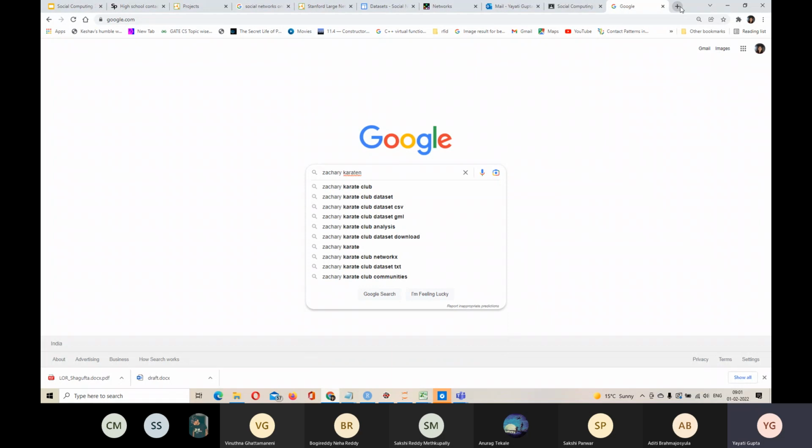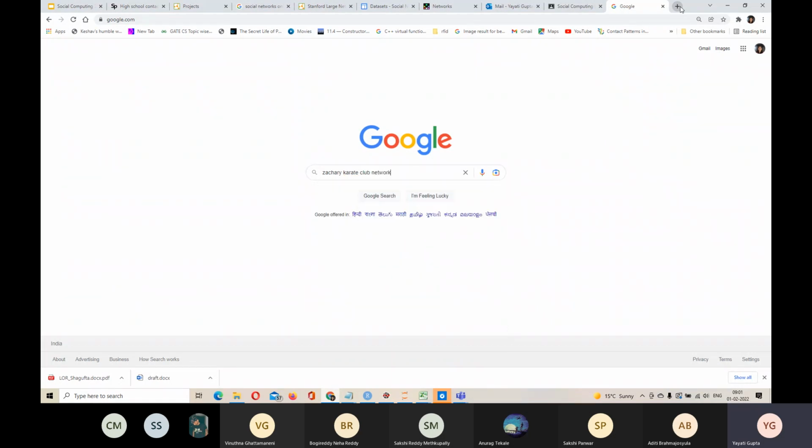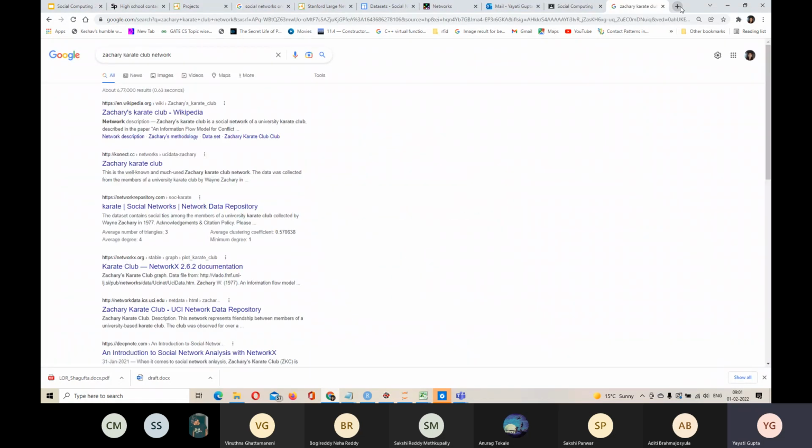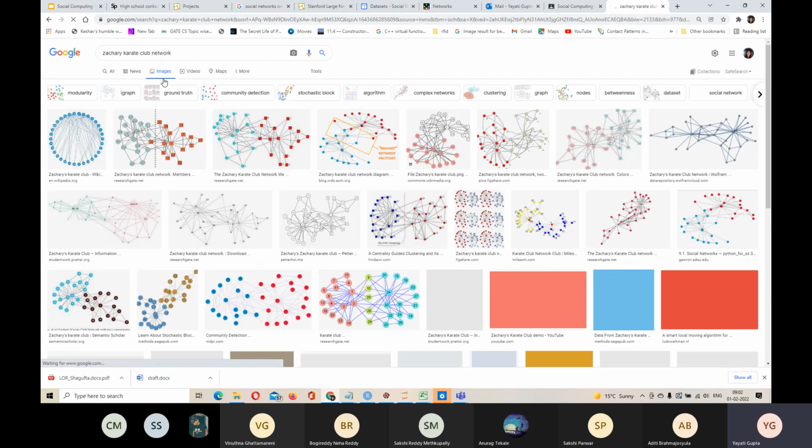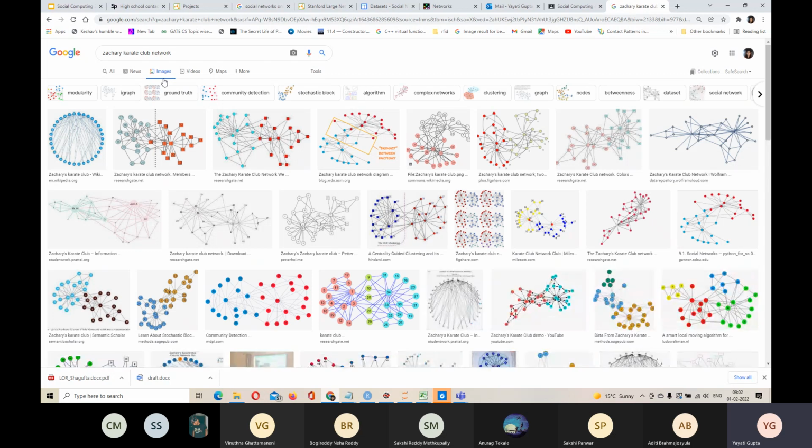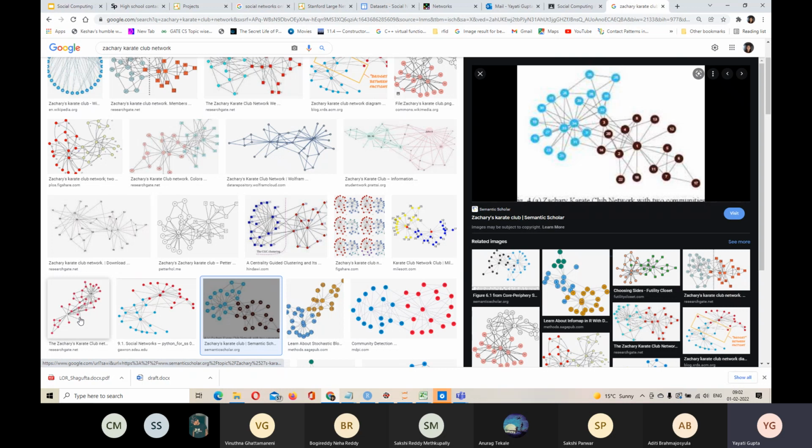It's called the Zachary Karate Club network. This was one of the earliest networks studied in this field, and it sort of acts as a prototype. Prototype in the sense that most of the time we deal with networks having millions and billions of nodes and edges, but this network is a small one. So if you are writing an algorithm of your own, you can test it on this network, and if it works well, then you can apply it onto the bigger networks.